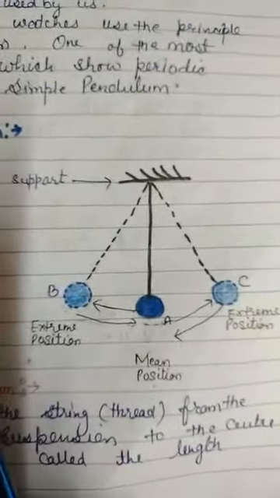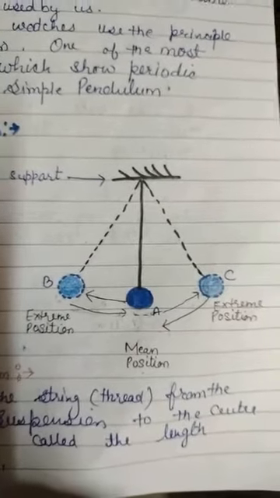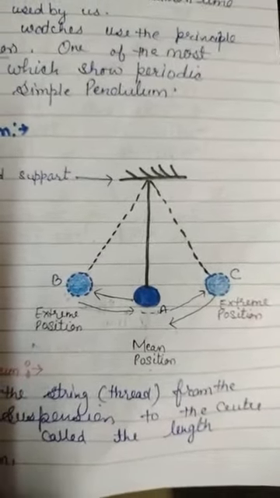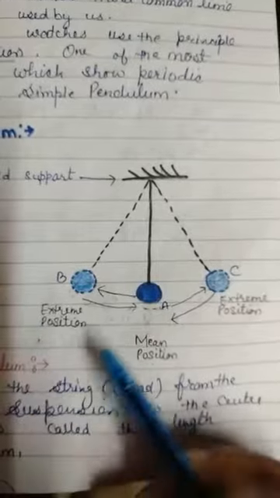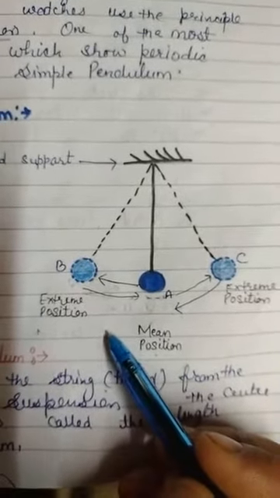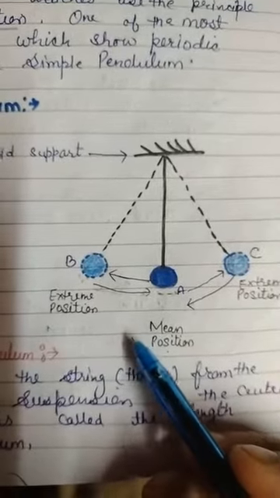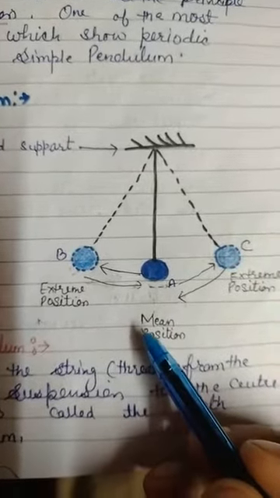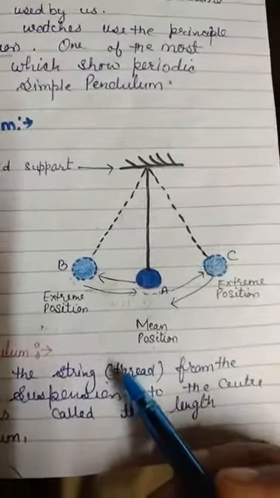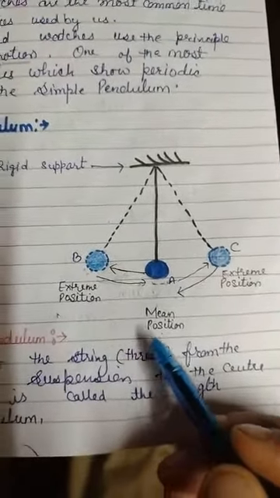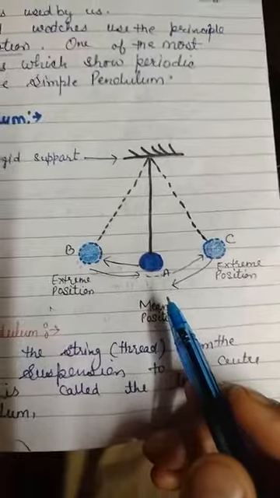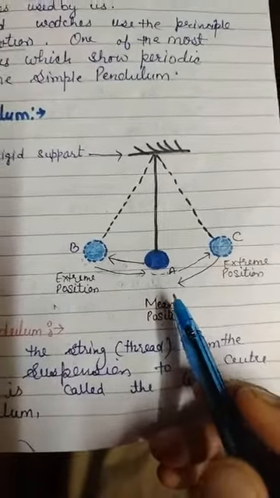moving to and fro from position O to A, then from A to B, and then back from B to O. The bob is said to complete one oscillation when it moves from A to B and comes back to its position A, and the time taken for the pendulum to complete one oscillation is called its time period. It is interesting to know that the time period increases or decreases with the length of the string.